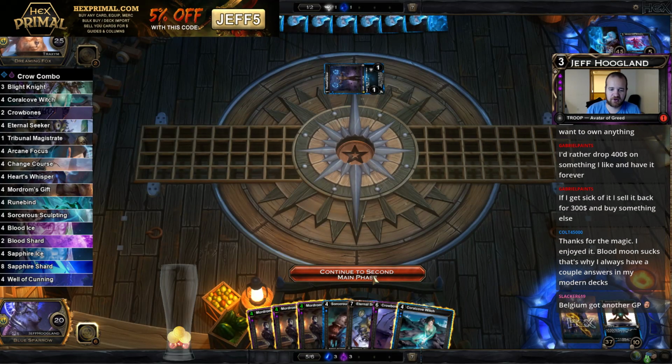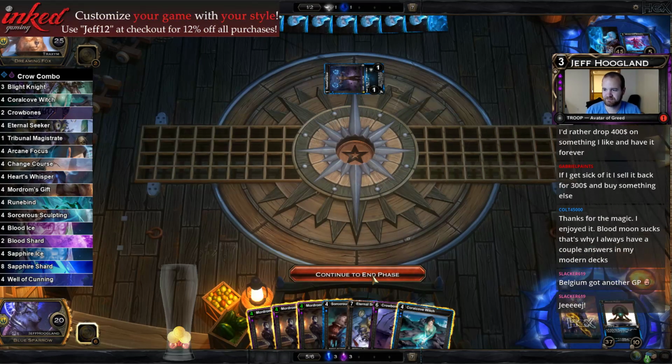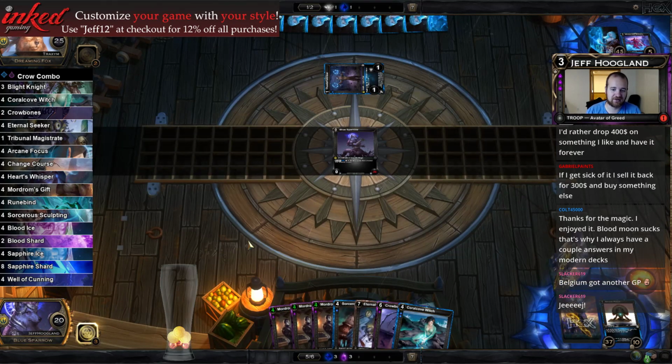I mean, we have plenty of answers. We had plenty of answers to Blood Moon. It's just like, sometimes you don't draw them. There's not powerful or good card selection in Modern either, so like, you don't have the option to just like